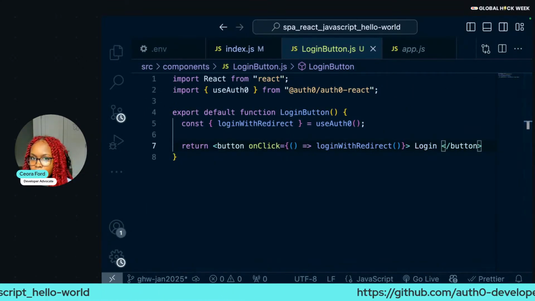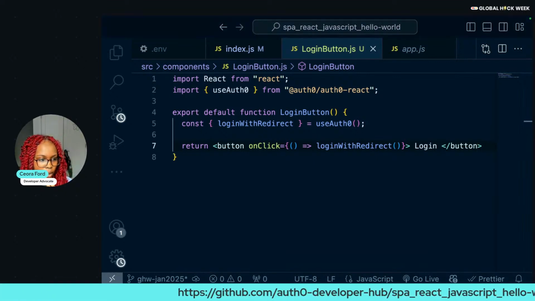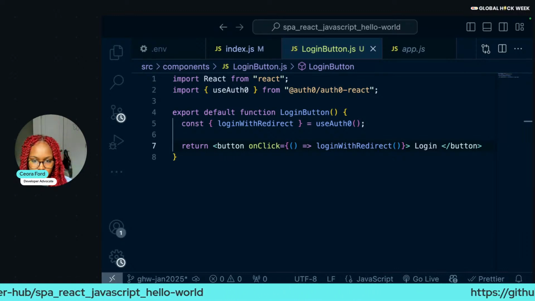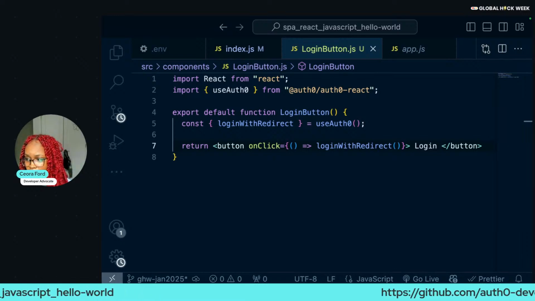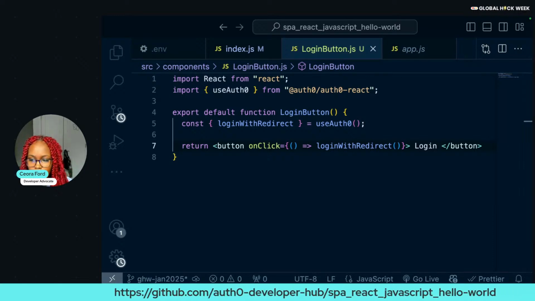Okay. Cool. So we have our button created. It seems like everyone is on the same page. So what we're going to do now, and I'm not going to keep going back to the slides, because I feel like the slides are actually kind of redundant. I'm just going to hopefully